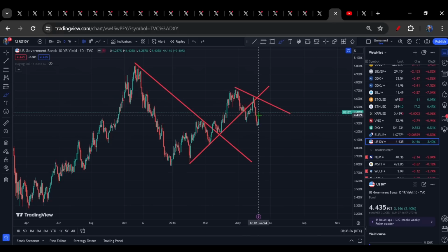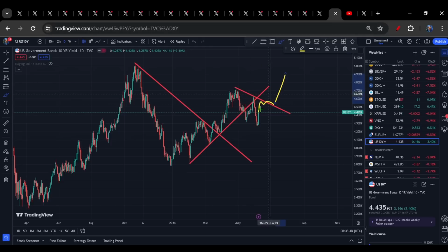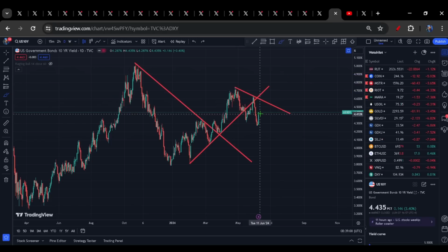Now, if you're going to champion the idea that "tell that to the bond market" is no longer going to play out, meaning what we're going to see is yields continue higher and thus the Fed's higher-for-longer rhetoric pertaining to interest rates is actually going to be true, then you would need to see something like this, where we get a breakout of the 10-year yield and yields move higher. If that happens, then we can say, indeed, the bond market has spoken and the bond market no longer thinks rate cuts are coming.